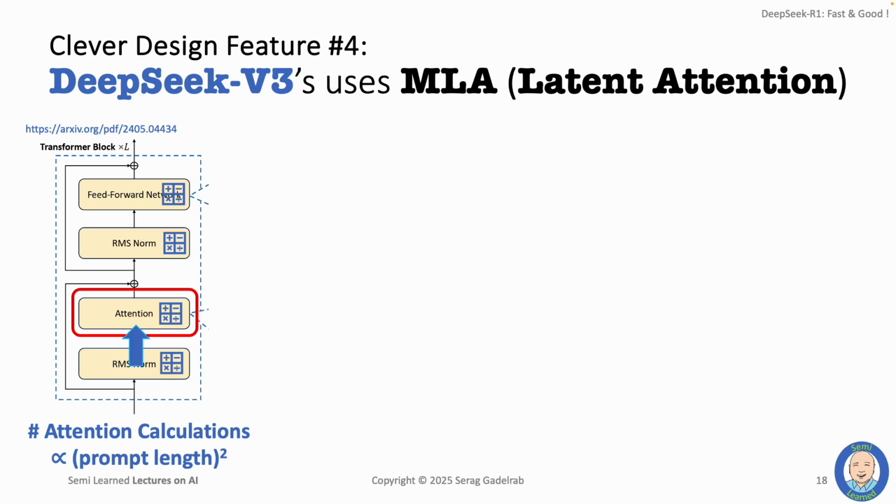This is a massive problem during inference because we want the reasoning model to generate long, clear answers. And as the model generates more tokens, the prompt of the next iteration of the model is going to get longer, which means that the number of computations to generate the next token is also going to be increasing all the time. Not only that, it's going to be increasing quadratically, which makes things much worse. So, the model takes longer and longer to generate the next token. Now, luckily for us,